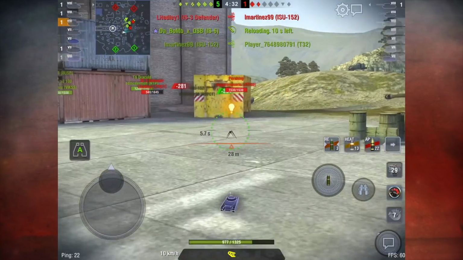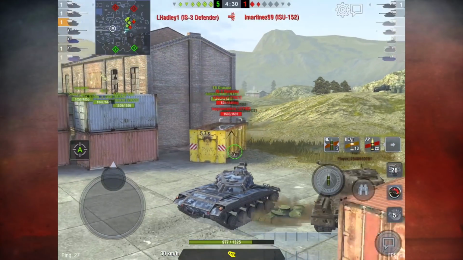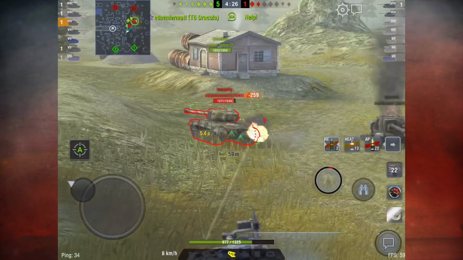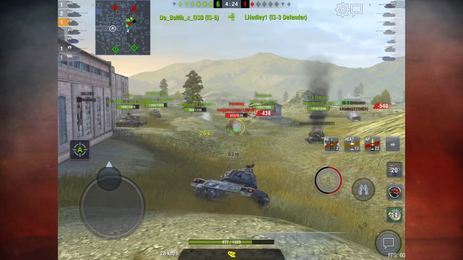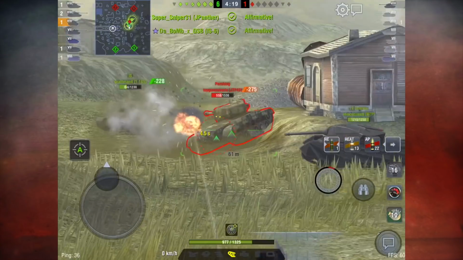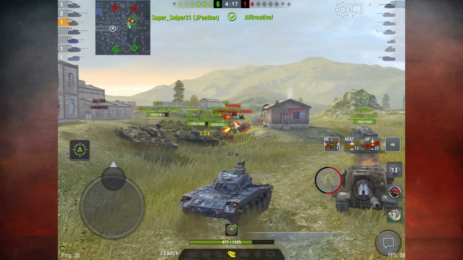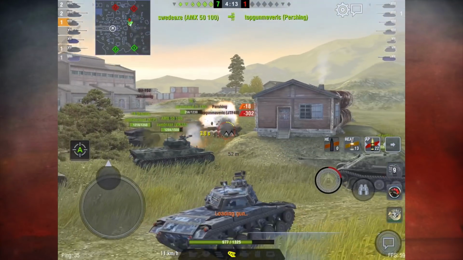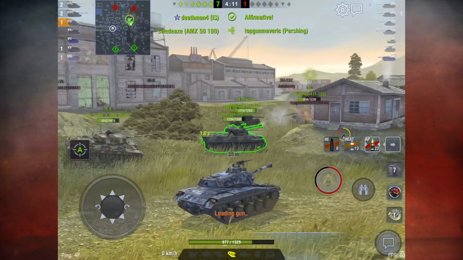I wanted to get behind T-32, but someone killed him fast. I probably should have switched to AP. Now again, I'm looking at the back of the tank. Missed and hit the track, but still did a lot of damage. I believe this one should do well. No, still 275. But anyways, so